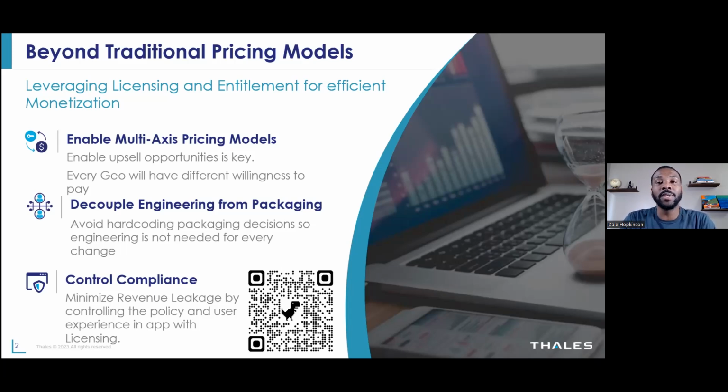When you get to that level, it is very advantageous to make sure you're decoupling those changes from engineering, so you don't slow them down in the roadmap deliveries and innovation. And ultimately, when you do that, you want to make sure in these plans, because you have a number of areas now you're monetizing, you want to preserve the ability to not have leakage of revenue, right? So that means being able to control the application as well as user experiences